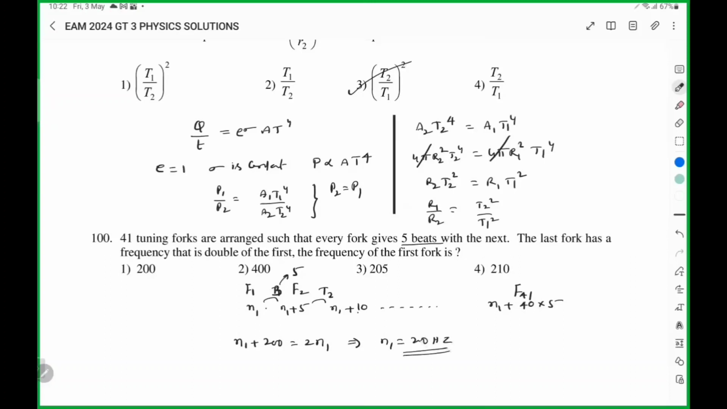So the frequency of first tuning fork is